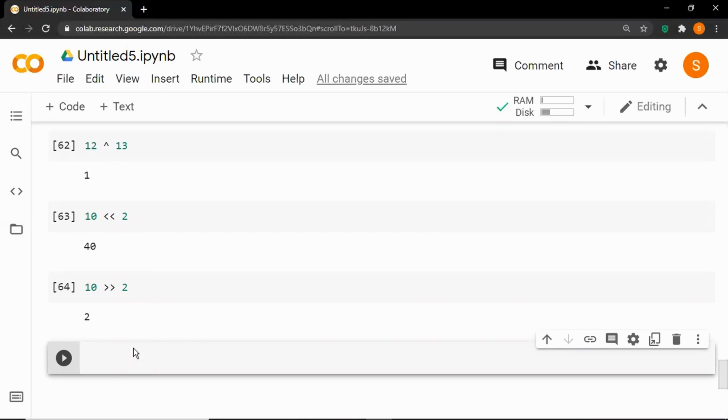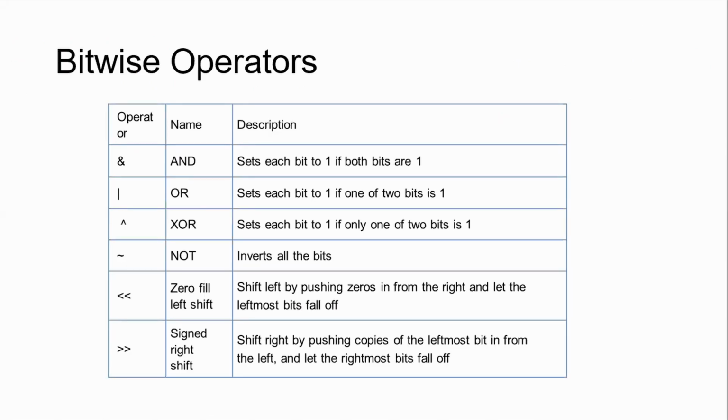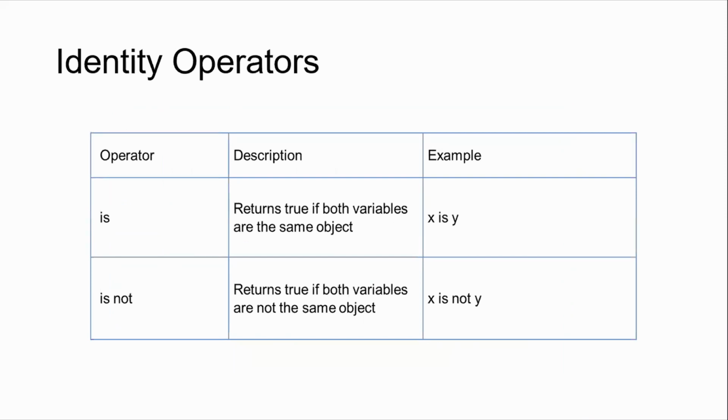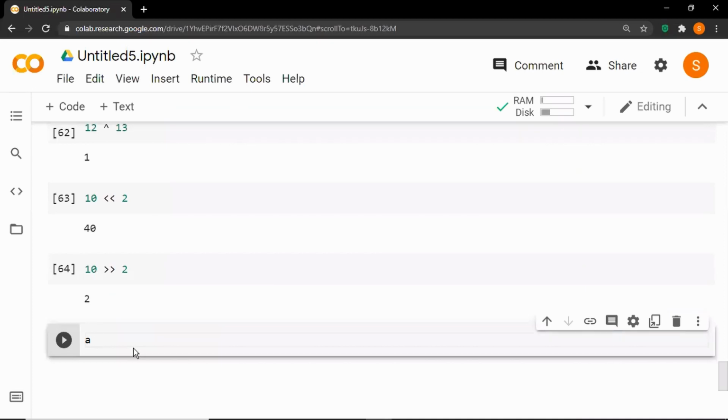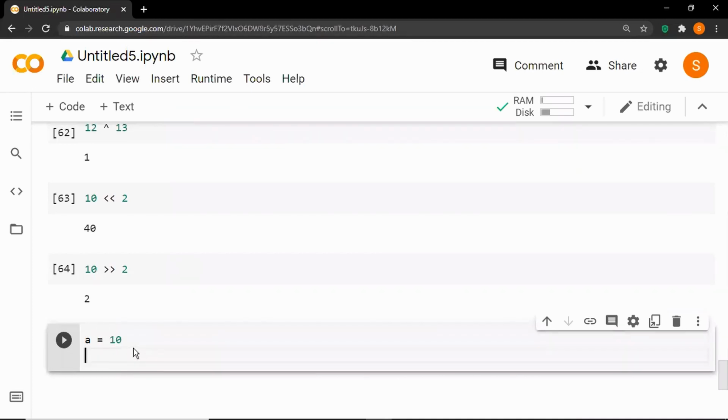So let's move forward to the next type of operator, that is the identity operator. There are two identity operators. First one is, which returns true if both variables are the same object, and is not returns true if both variables are not the same object. So let's see them in action. Let's say A is equal to 10, B is equal to 10.